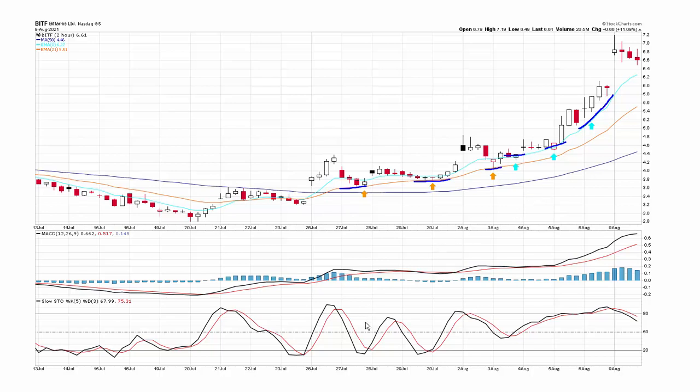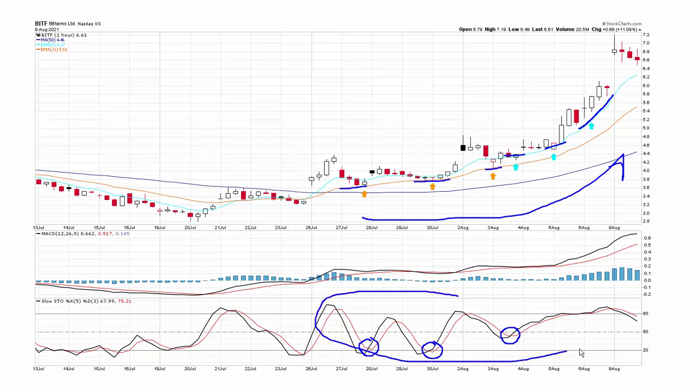Another thing I want to point out: once a trend develops itself, the stochastic operates as a timing mechanism within that trend. Once this starts moving up here and gets support from the 21, stochastic cycles down and offers a place to buy. So while the trend is up, the stochastic is a timing mechanism within that trend.